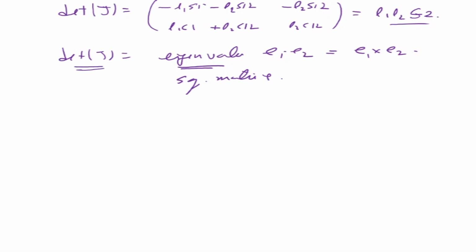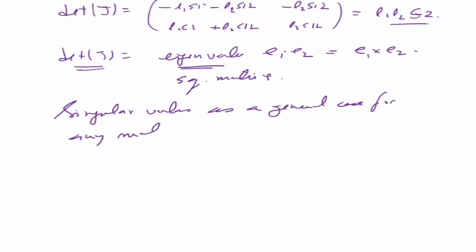Okay, what are we trying to do? We're trying to understand that when we are moving in space, the determinant is changing, right? So what does it have to do with the eigenvalues of the matrix? The eigenvalues are similar to the singular values. When we talk about eigenvalues, it is of a square matrix; we say singular values for a non-square matrix, it can be of any matrix. Okay, so we talk of singular values as a general case for any matrix. So J can be square, it can be non-square, it doesn't matter.